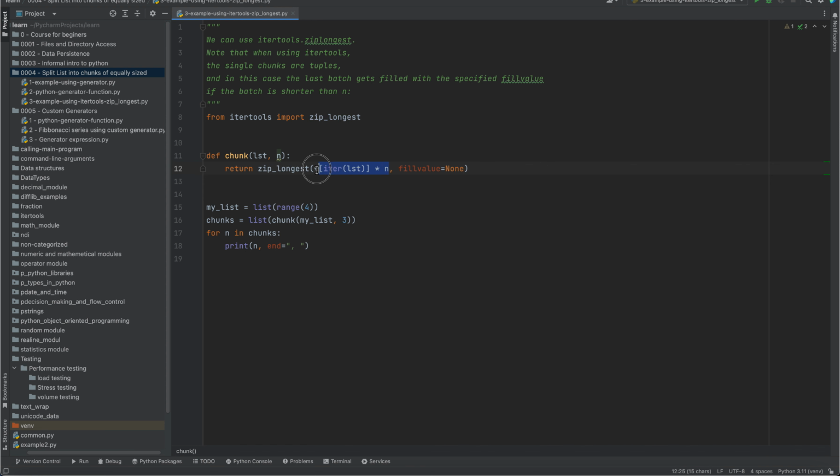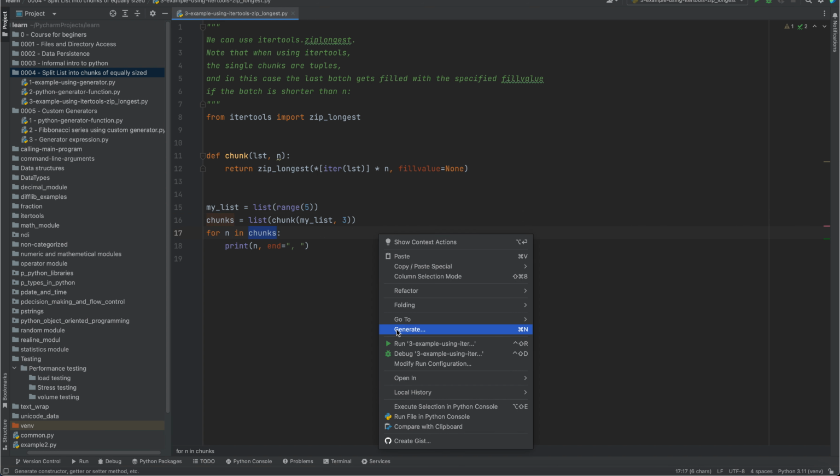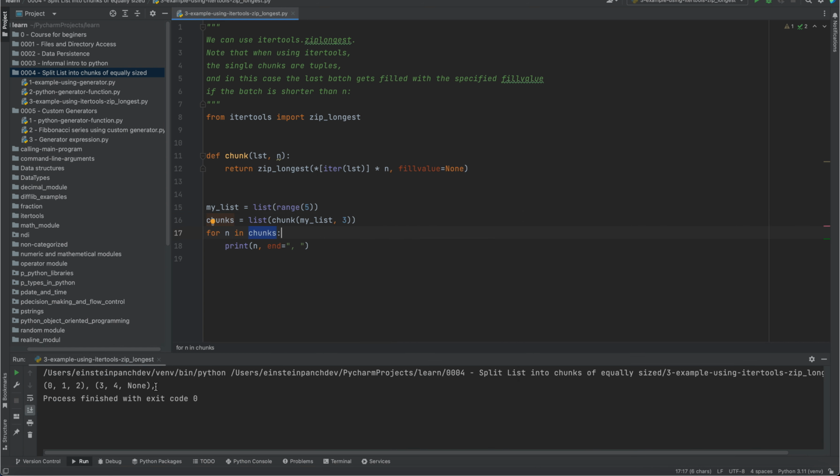This will pass the pointer to the list iterator, repeated n times, the partition size, and fill value is equal to None. So this is my list and chunks. Let me define 5 here, and this is the call to the function chunk, and it will return me the chunk, and then I am storing it here, iterating over it, and printing the output, and the result is